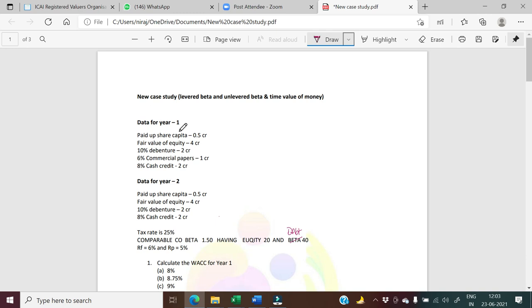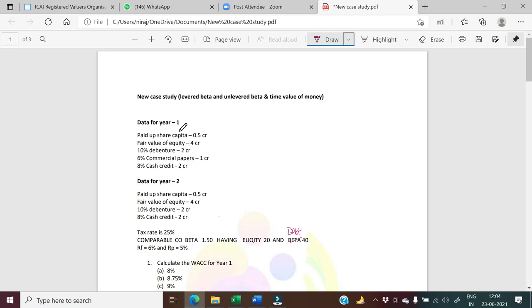As all of you are very much aware, the level of examination is increasing day by day and hence conceptual clarity is very important in comparison to mugging up the formulas. So let's try to read this particular case study first and then we will try to solve it.